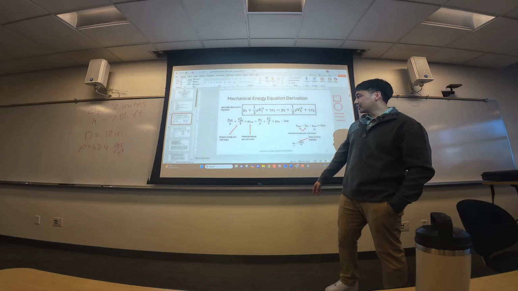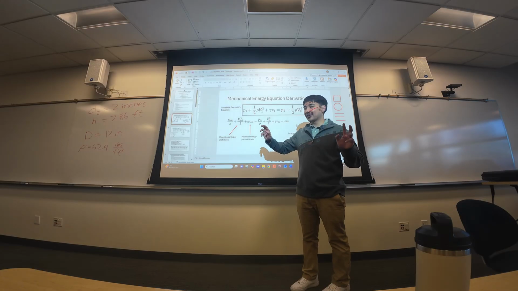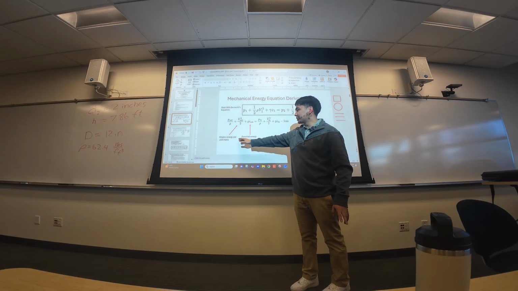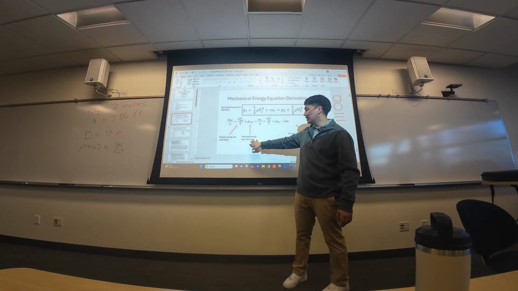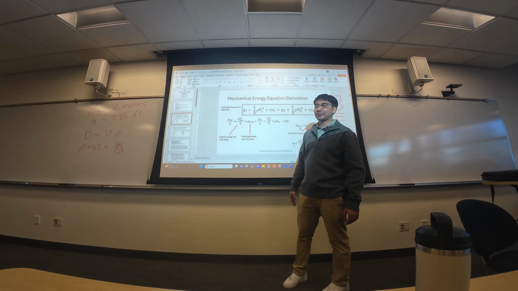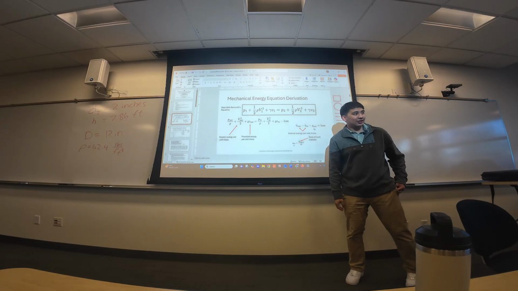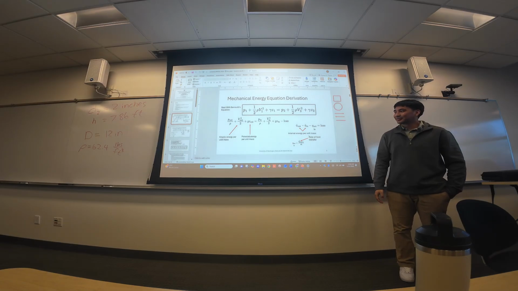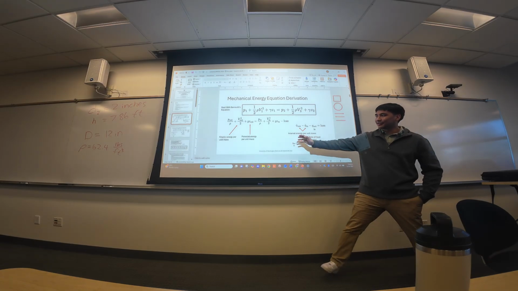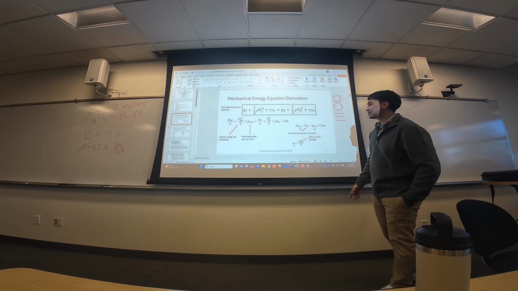And then now, these terms, what they refer to, right? This one right here is kinetic energy per unit mass. This is pressure divided by density. This is potential energy per unit mass. So if you remember in your physics 1 class, you have your kinetic energy, 1/2 mv squared. You have your potential energy, mgh. I'm surprised you still remember that stuff. That's kind of these terms here in your energy balance.